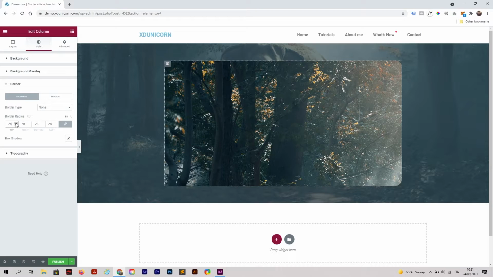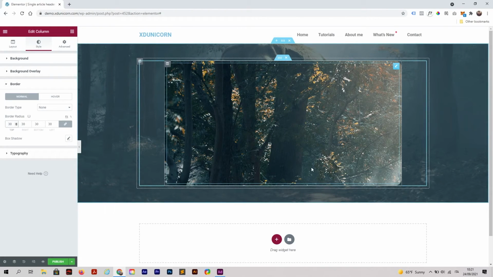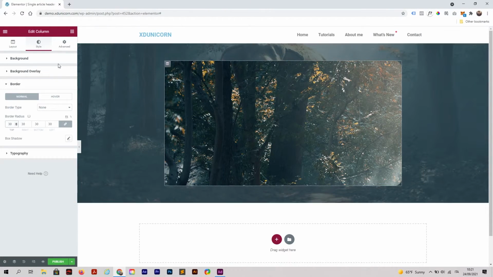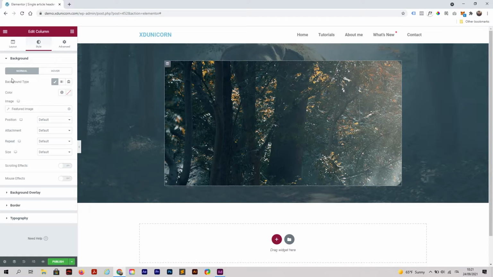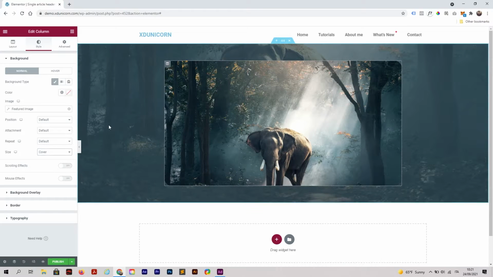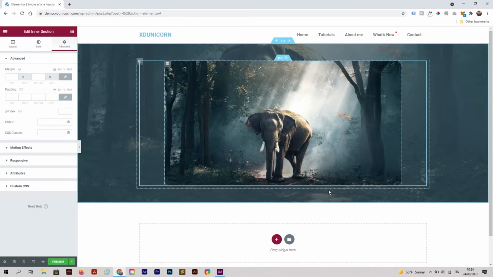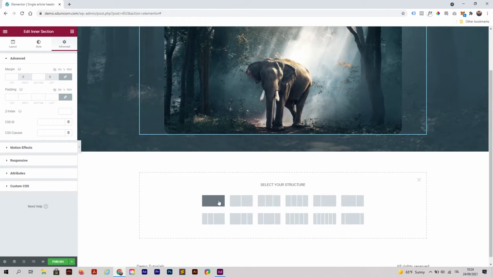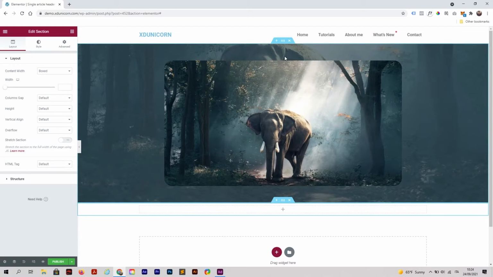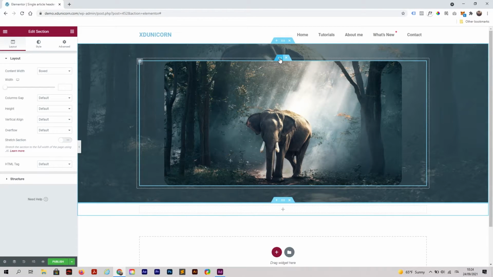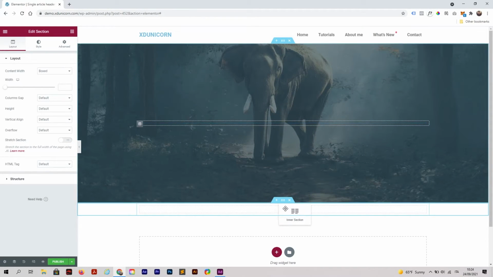like this. I make it 30 in this case, and then of course we need to go on background again here, and now the size of the image, change it to cover. Now position, I'm going to change it to center. Great, now you have this element here, but we need to move it, so I'm going to click this plus button and select the first structure, and then just click on the intersection here, drag and drop it here in